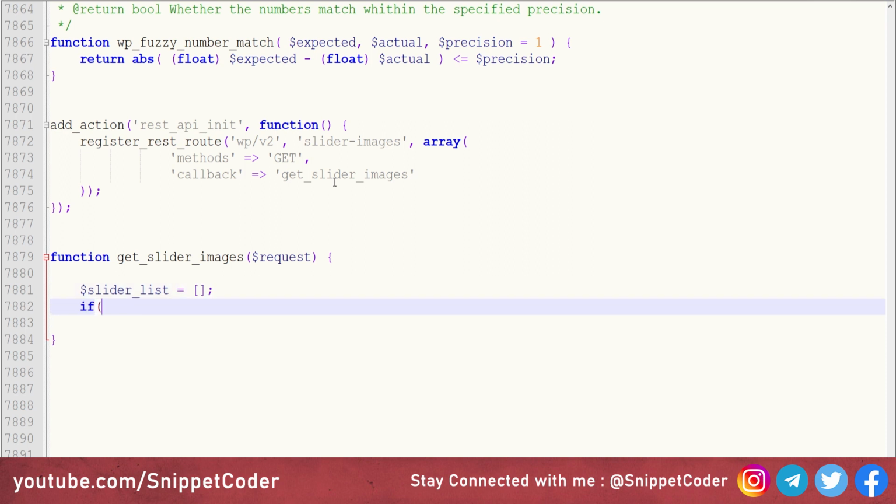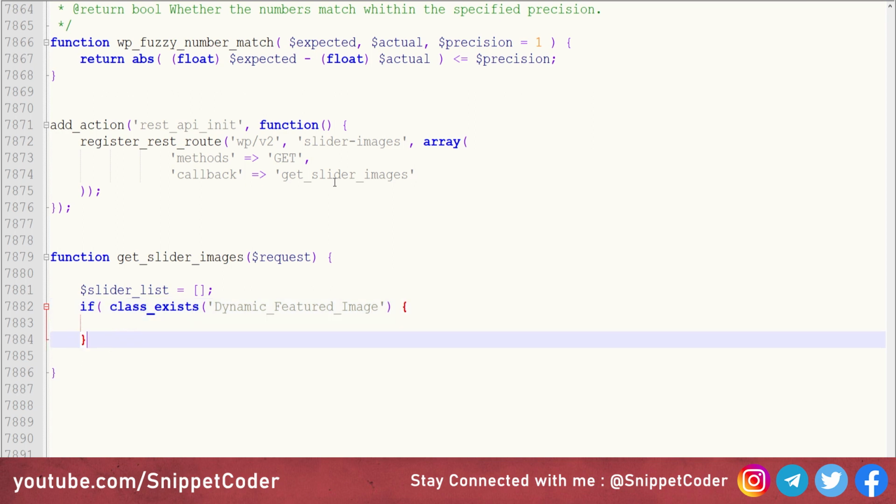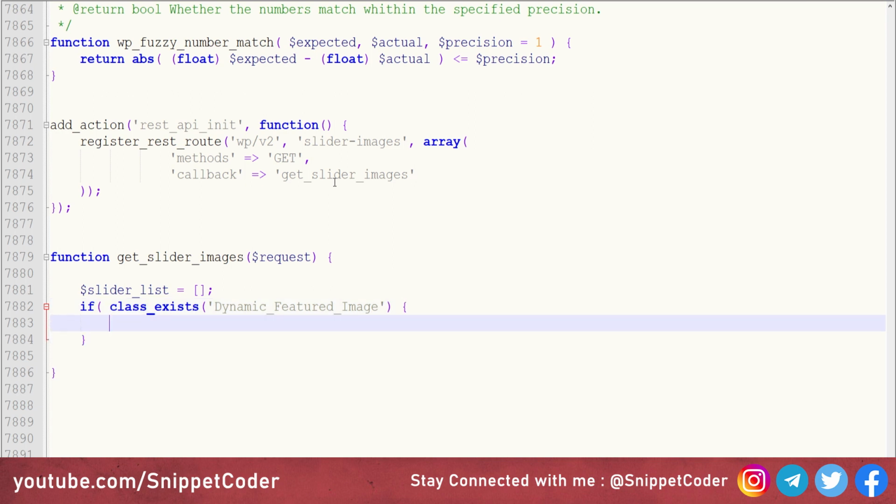Then we will check if class exists, and we have to check the class, that is our plugin class, Dynamic_Feature_Image. If this class exists, then only we will proceed further, because we have to create one object here, a global type object for Dynamic_Feature_Image, global Dynamic_Feature_Image.